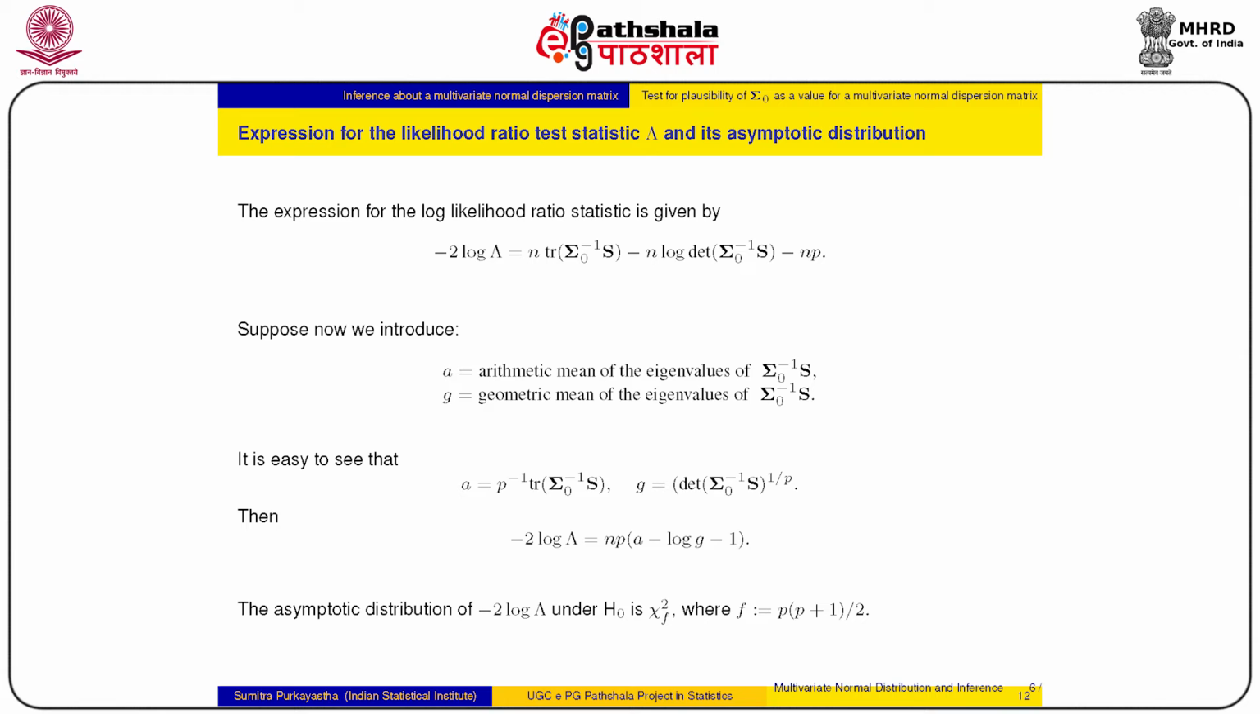So the determinant is strictly positive, hence I can talk about the log of the determinant. So let's see what the expression is again. Minus 2 log lambda is n times trace of sigma naught inverse S minus n times log of determinant of sigma naught inverse S minus np. Suppose now we introduce, just let us look at the expression for minus 2 log lambda. These expressions, trace, determinant, etc. immediately remind us of